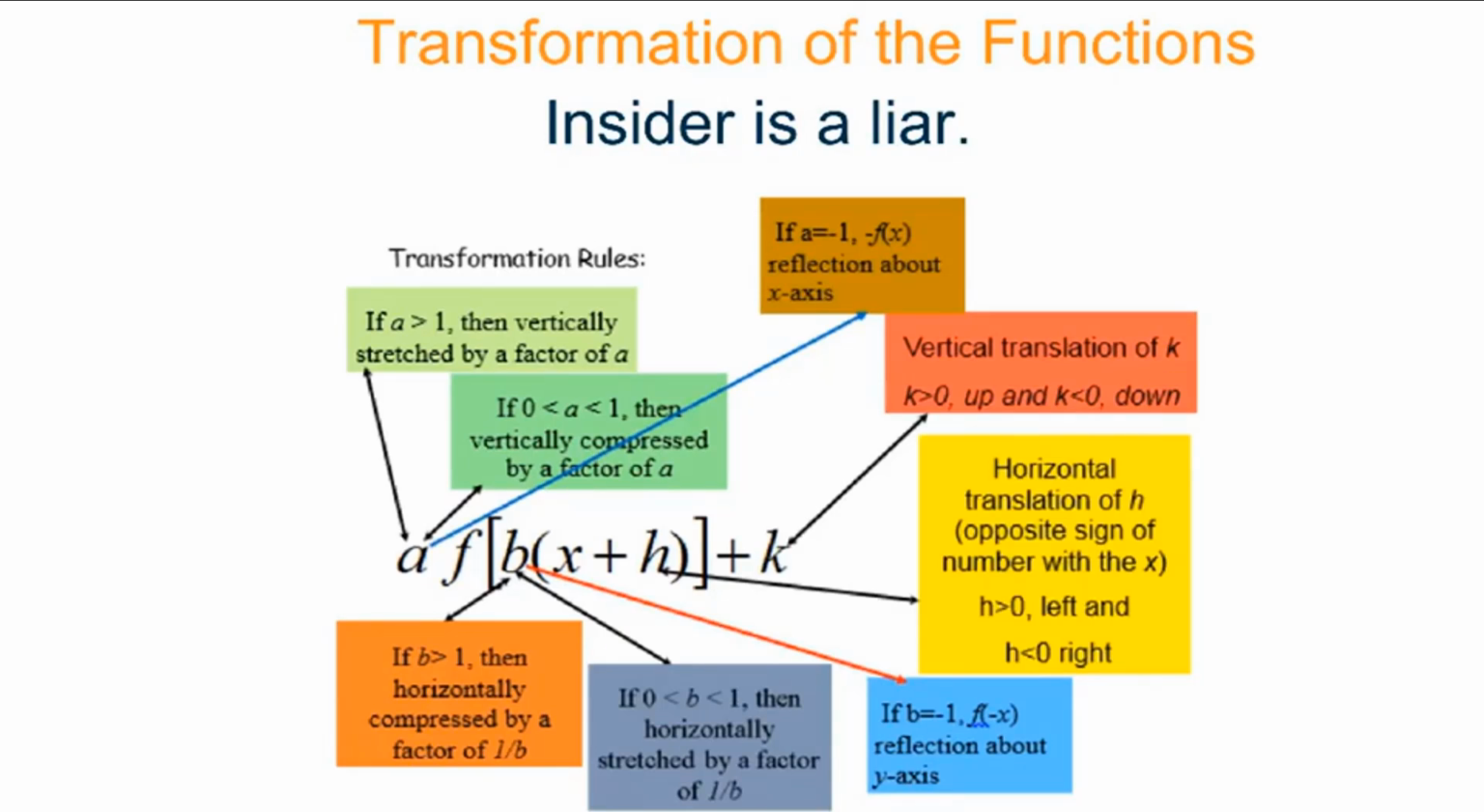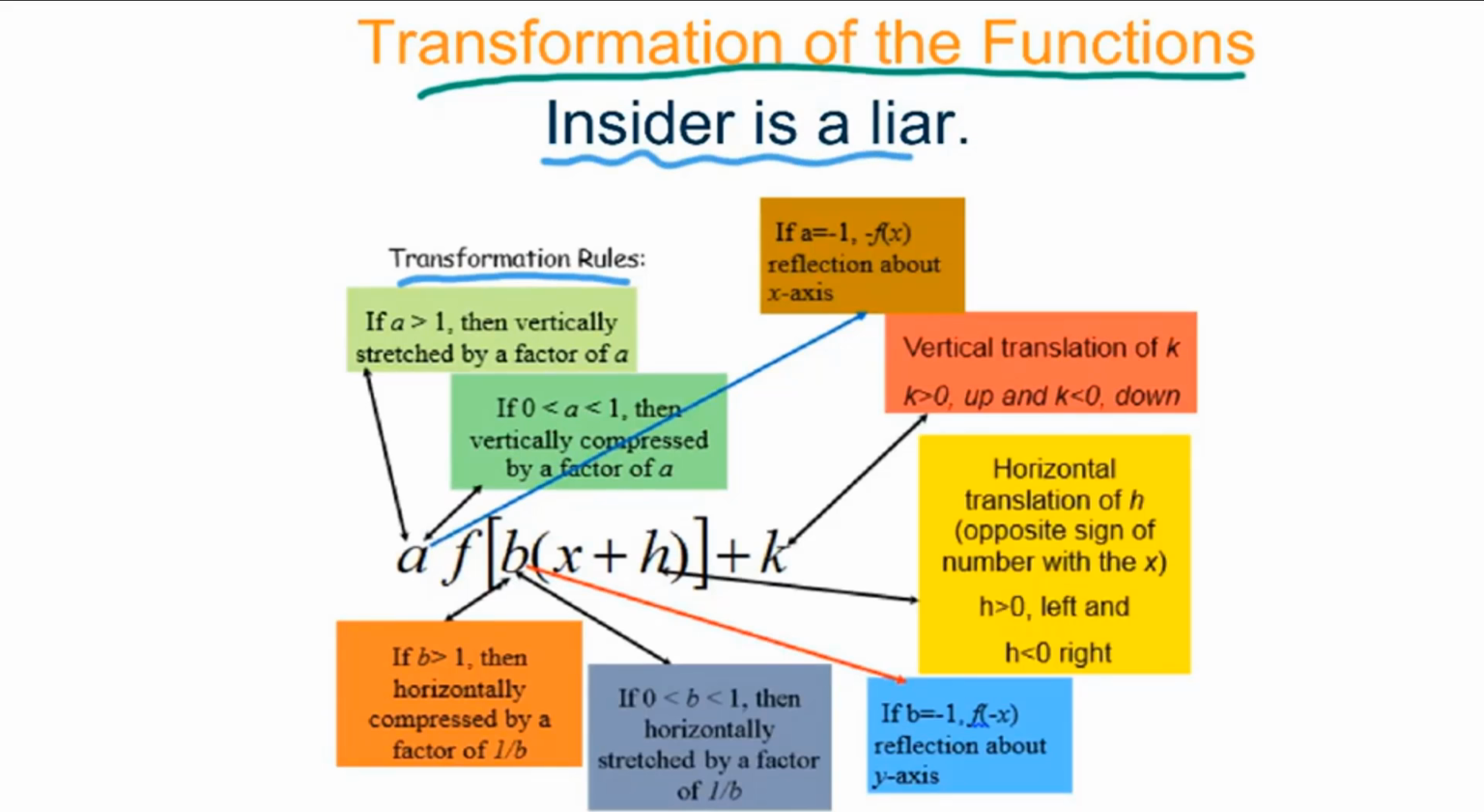Today's lesson is about transformation of the functions. First of all, let's talk about transformation rules. Remember, inside is a layer. So for this x, any number which is dealing with x, we call that an inside. It's always a layer. So when b is between 0 and 1, we have to do a horizontal stretch by a factor of